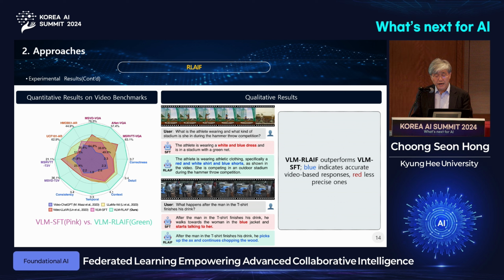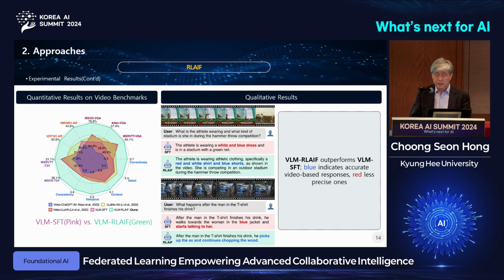VRM RLAIF consistently outperforms the VRM SFT across all benchmarks, demonstrating better alignment with video contents and greater accuracy in generating responses. On the right-hand side,